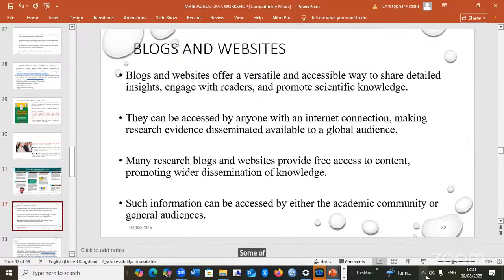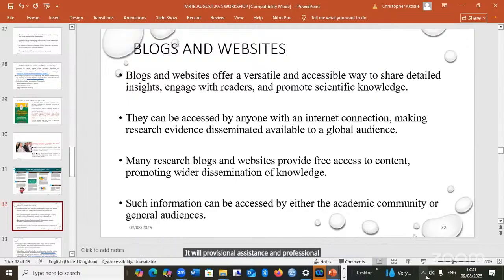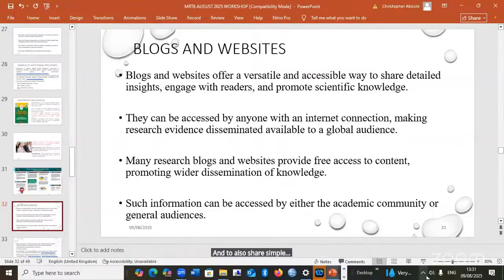Some of the newer means that online platforms have given us are blogs and websites where research evidence is also being disseminated. Even professional associations and professional groups are leaning on this, aside from researchers, to share information and tips with the public about their profession and about how people can get help, and to also share simple healthy tips with society.